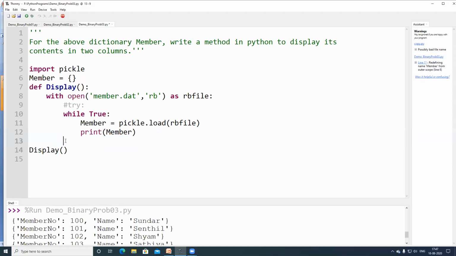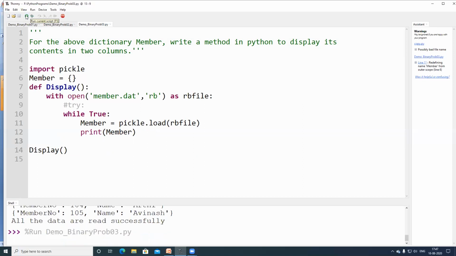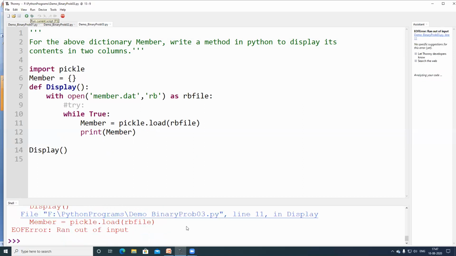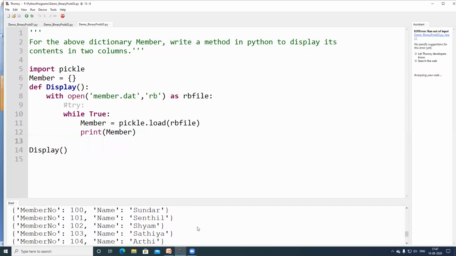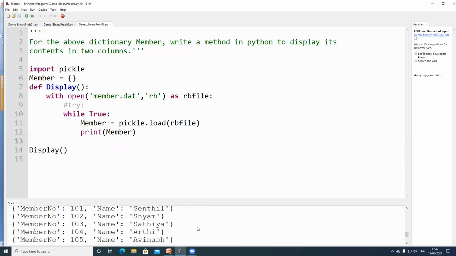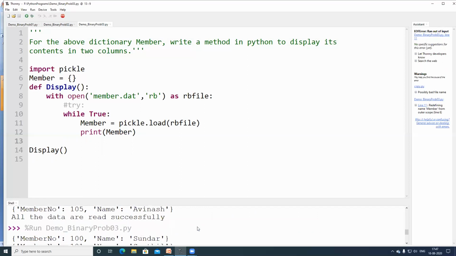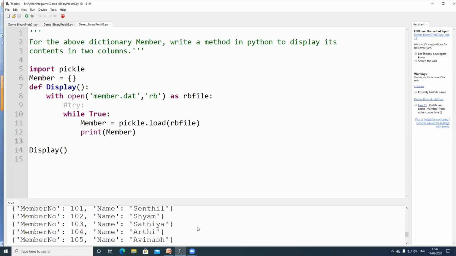Whenever we are having a little bit of doubt, we can test in this manner. See here, it also has read all the data. Previously, I had till member number 105 name Avinash. Here, I have read till 105.